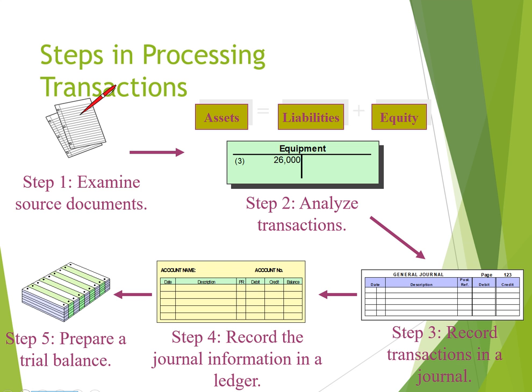In this manner, you have to analyze each and every entry which is being given to you, and then you have to record these transactions in the journal. Can you see these lines where it is written record transactions in a journal? There is date, description, post reference, debit and credit. What is this debit and credit? Debit is basically when your amount is getting decreased, that is debited. When your amount is getting increased, it is credited. Simple. Credit is an increase, debit is a decrease.